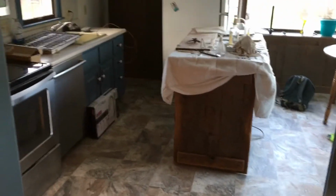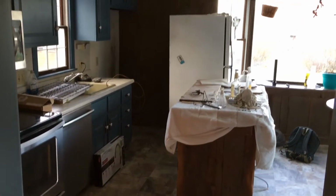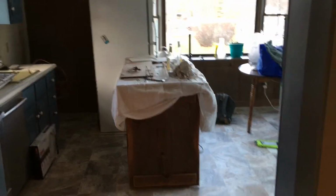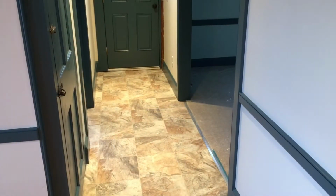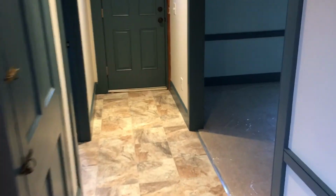So the appliances are back in. Those were all taken out in order to do that flooring. But otherwise, the kitchen hasn't really been changed. So moving to the other end of the dining room,